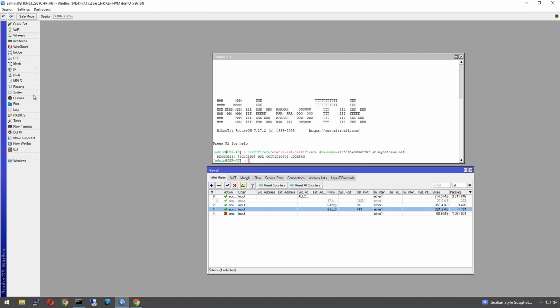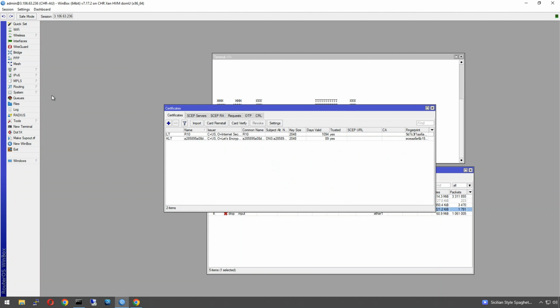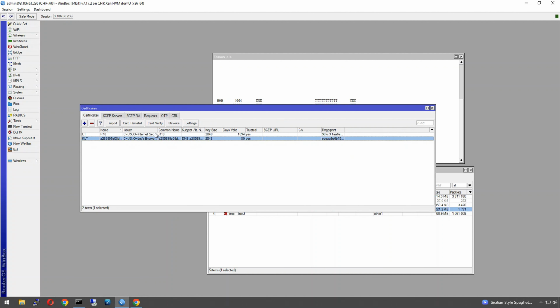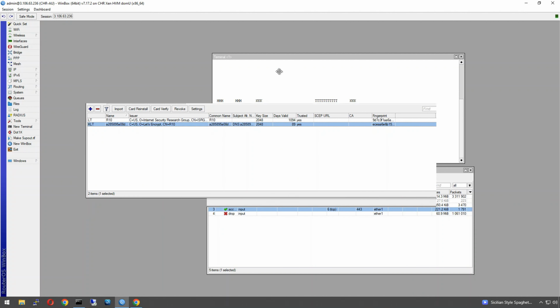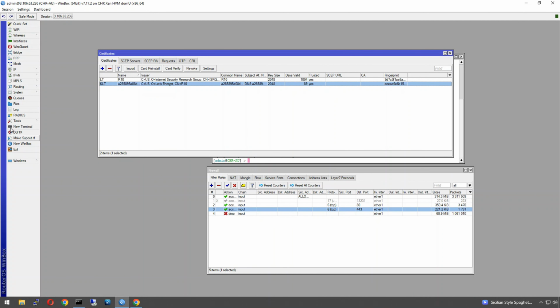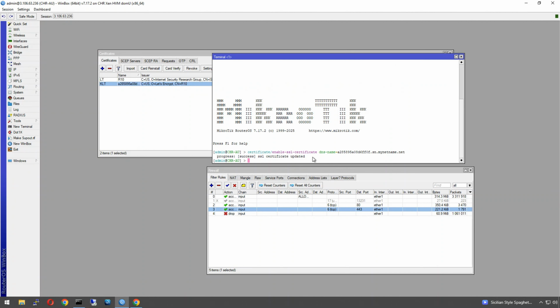Okay, so we've got our certificate, so I'll show you that now. So we go System, Certificates. There we are. We've got our two. Let's Encrypt one here. This one here, and as you can see, 90 days or 89 days. So what we want to do is run this same part here,